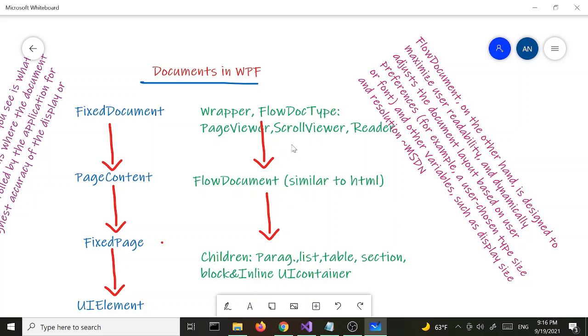we have visual tree right here. So the flow document consists of 3 parts. First one is the wrapper or document type. That can be either page viewer, scroll viewer, or flow document page viewer, flow document scroll viewer, and flow document reader. And also, actually, RichTextBox falls into the same category, but it's different, so I'm not going to cover that in this tutorial. And then the next child is FlowDocument,